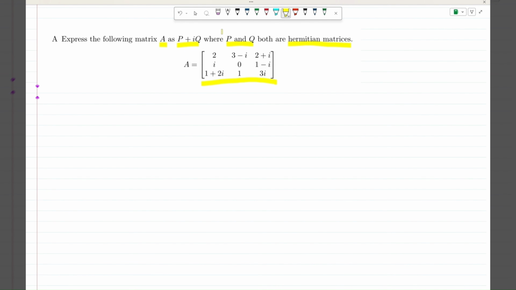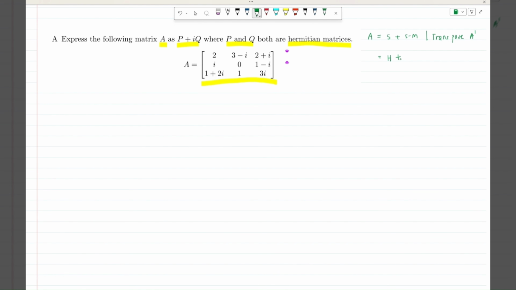Now here I would like to tell you one trick. If suppose you are required to express A as sum of symmetric and skew symmetric matrices, then in such cases we take help of the transpose, which is denoted by A prime or A raised to T,